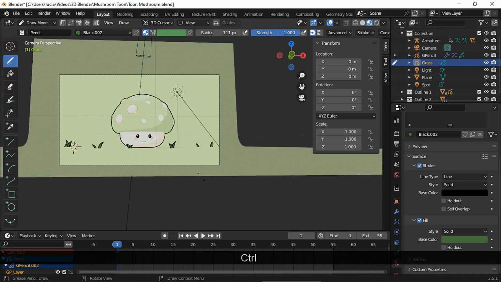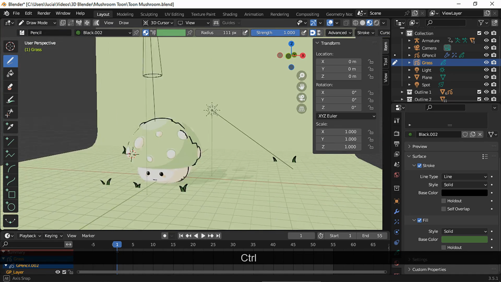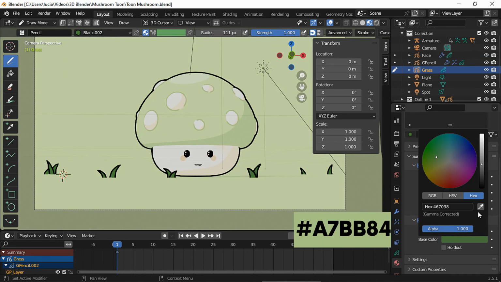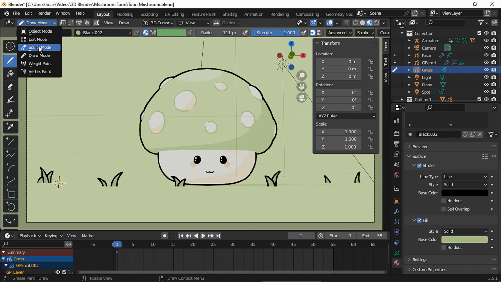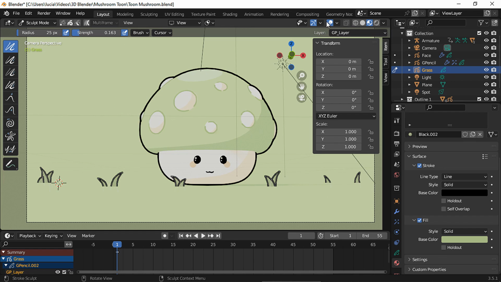And here we have our grass. Let's change the color. And in sculpt mode, smooth the strokes a bit.